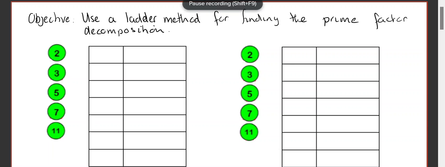Right, guys. So just use a ladder method. Now, some of you are going to choose to not use a ladder method and to carry on with the tree method, which is absolutely fine by me. To be honest, I think I told you yesterday, I've always done the tree method, but when I taught some other students from Russia, they always did a ladder method. That's how they would. Just use a ladder method for finding the prime factor